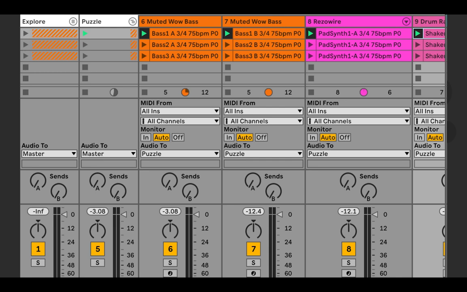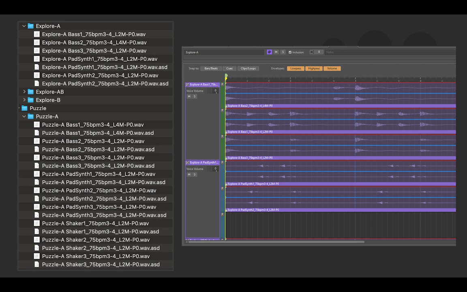And the reason that this works is because of structure, which is something Wwise needs in order for the loops or transitions to sound seamless. The idea behind the puzzle and explore pieces is that when the player is exploring versus when they enter a room with a puzzle, I want Wwise to recognize the game has undergone a musical state of change and should react by transitioning from one theme to the other.